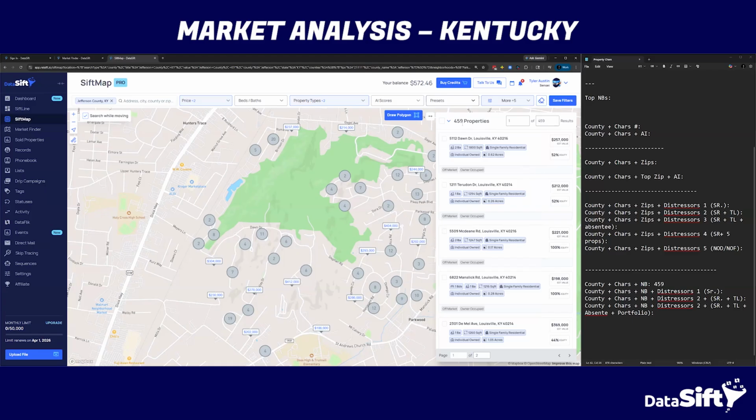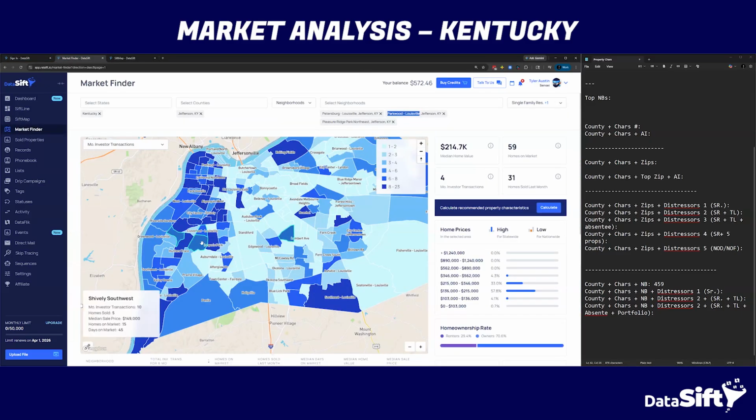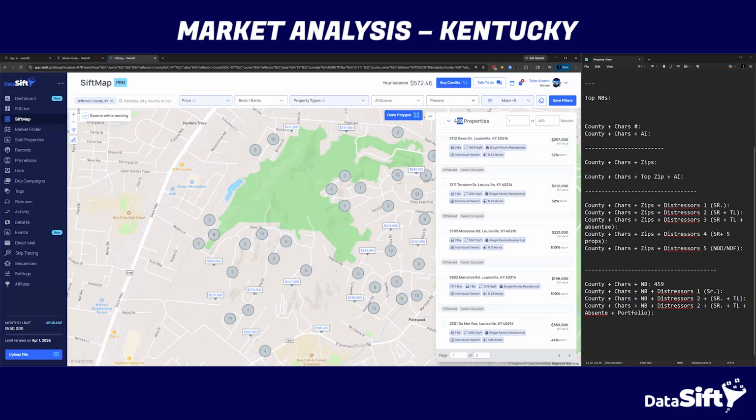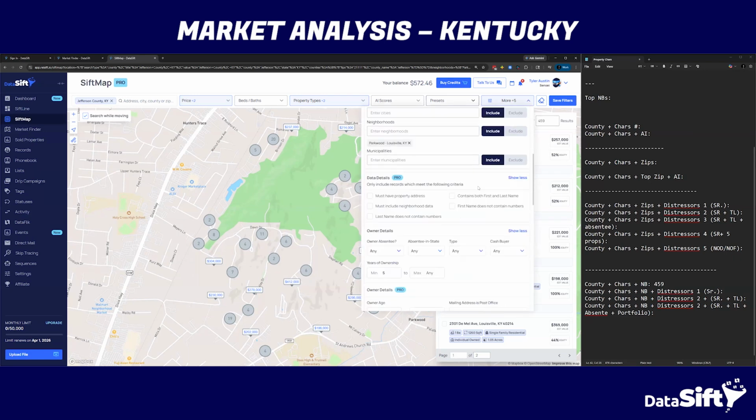So I just wanted to show that if I do this 459 and multiply it by 10, now you've got 4,500 people in very key locations for mail. If you get a deal there and list it, it's got very quick days on market. And what we can do is go a little bit